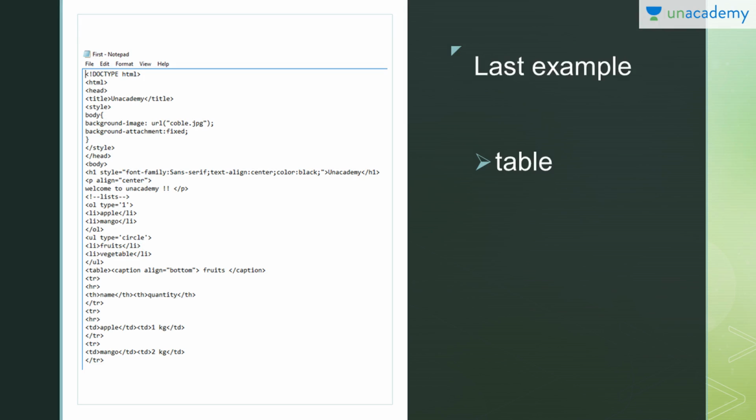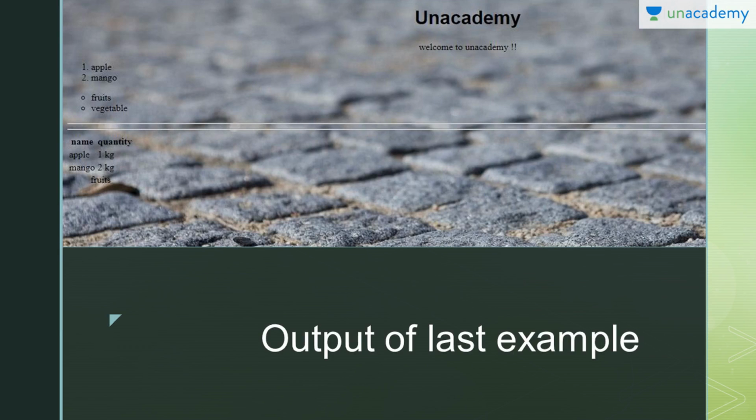This is a very common example. You can see I have mentioned the headings to be name and quantity. Then tr is mentioning the rows. Then td is columns, and I have filled them with the data. This is the table output. I'm so sorry that I've used black color. It is visible, I guess, but not that attractive. So make sure to use good colors; white could have worked better.